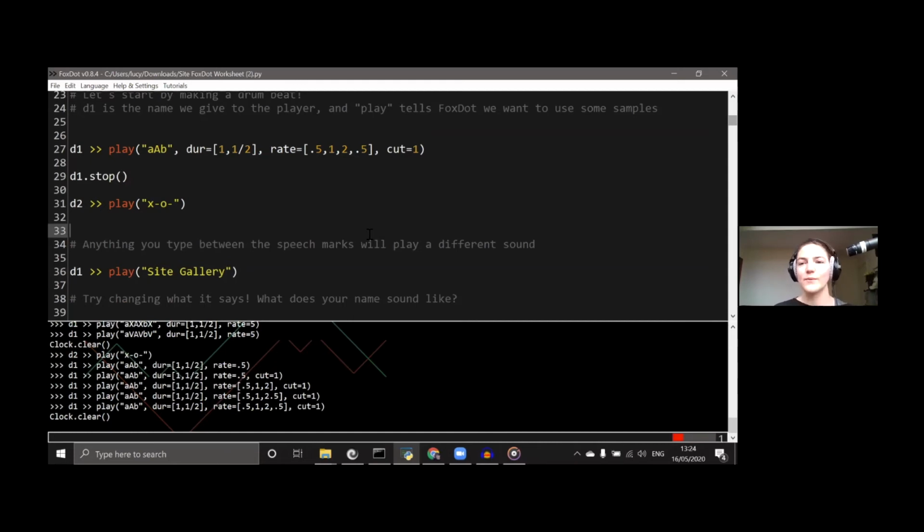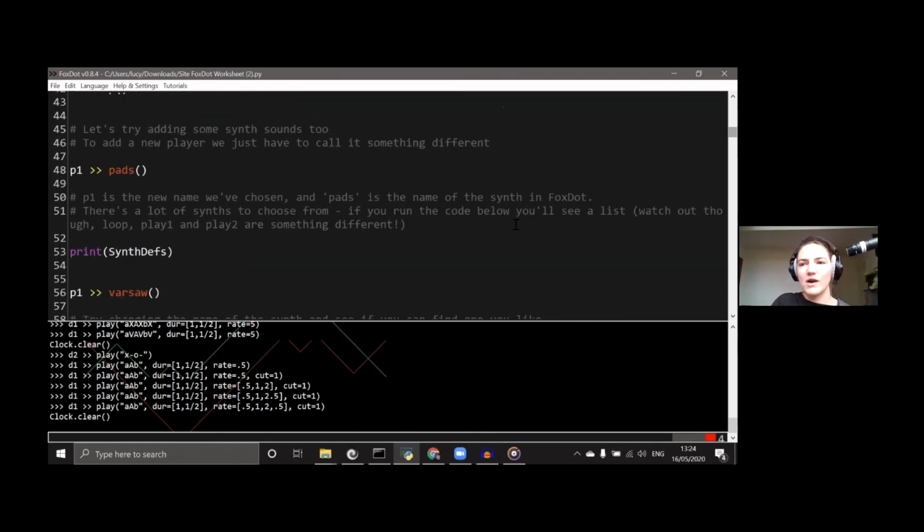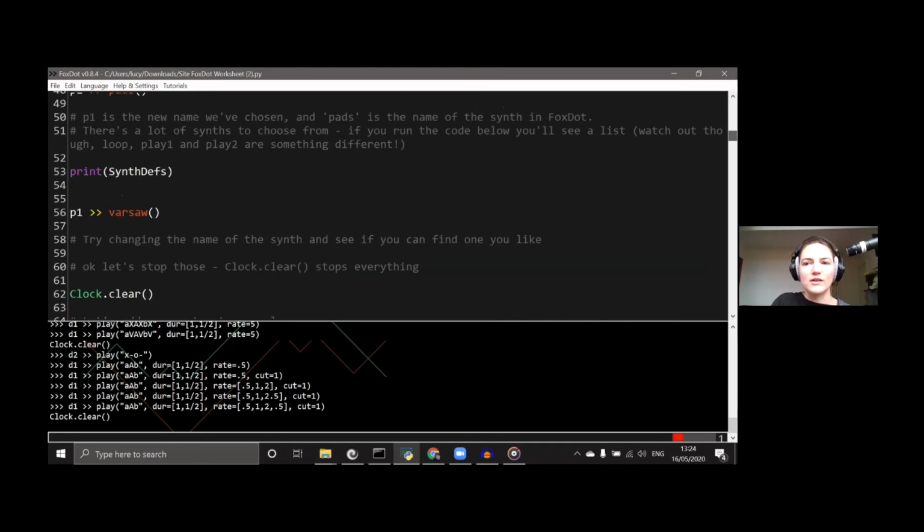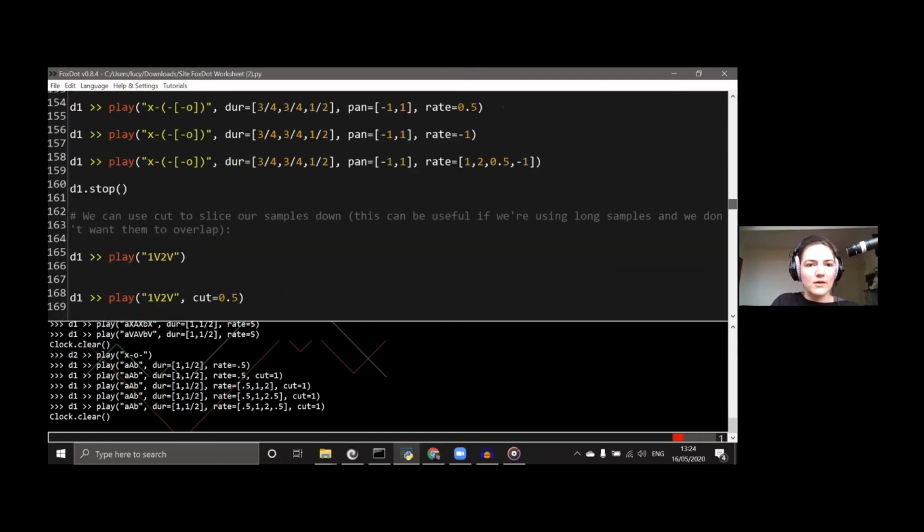So before we go to people working on their own stuff and doing some troubleshooting, I just wanted to show you right at the bottom of this worksheet. This is the same worksheet I sent you last week. Actually, I'll put the link up again as well in case anyone didn't manage to get that last time. So right down at the bottom,